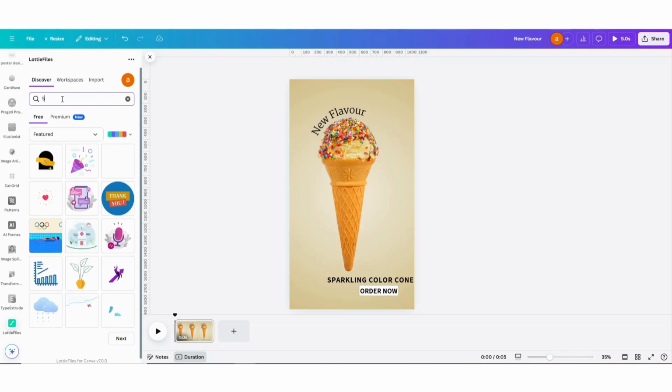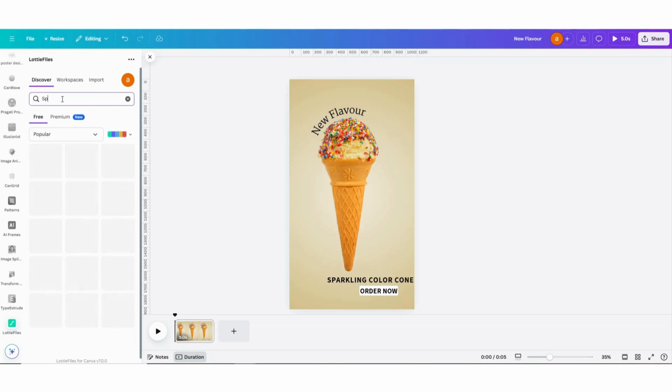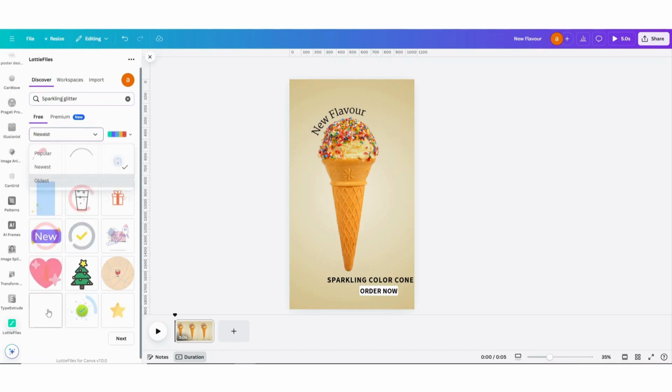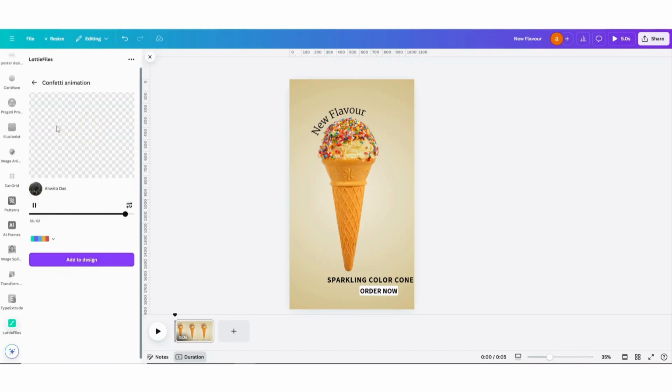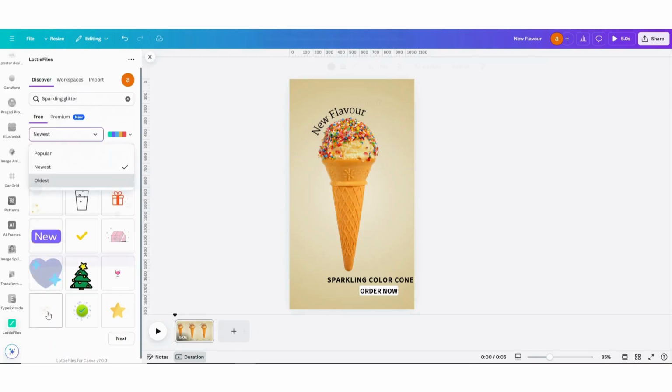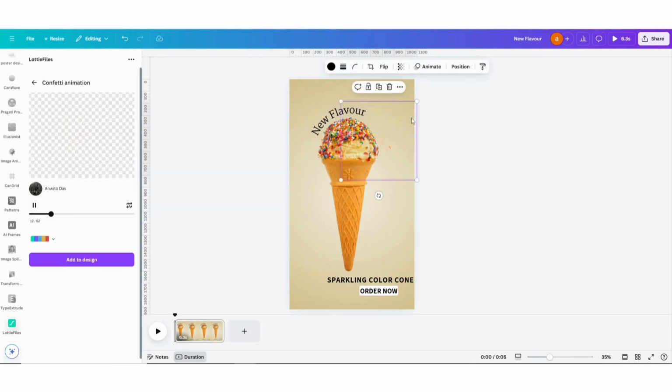For example, I'm going to use the keyword sparkling glitter. Now here I'm going to use this sparkling in my designs. So select it and click on the Add to Design button. Now here I'm going to adjust the size of these elements